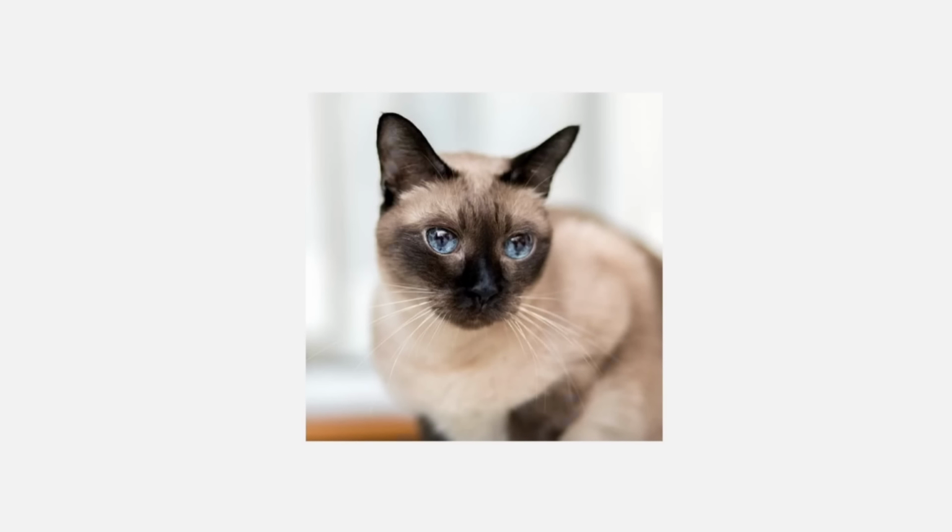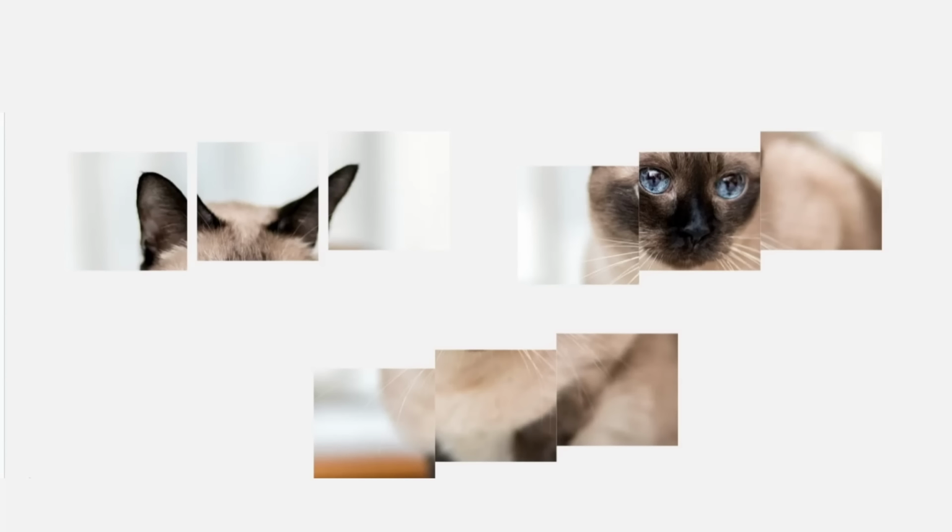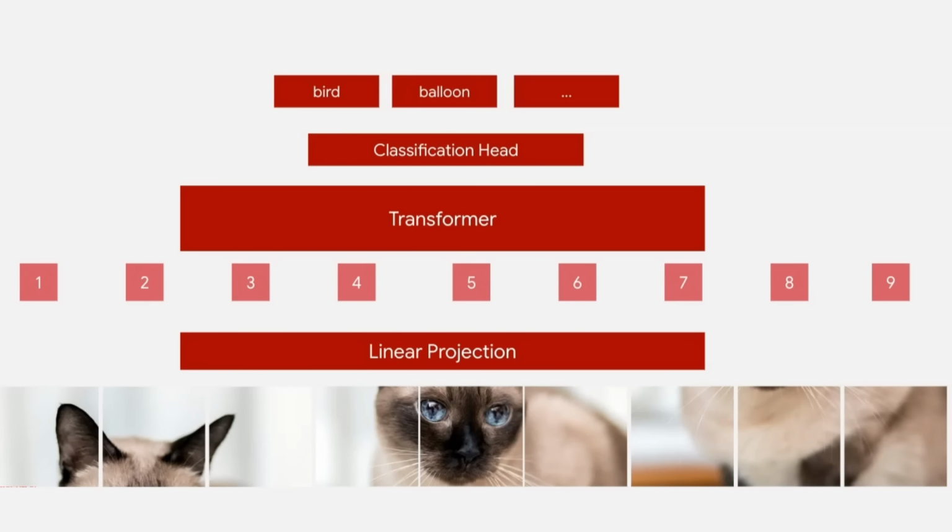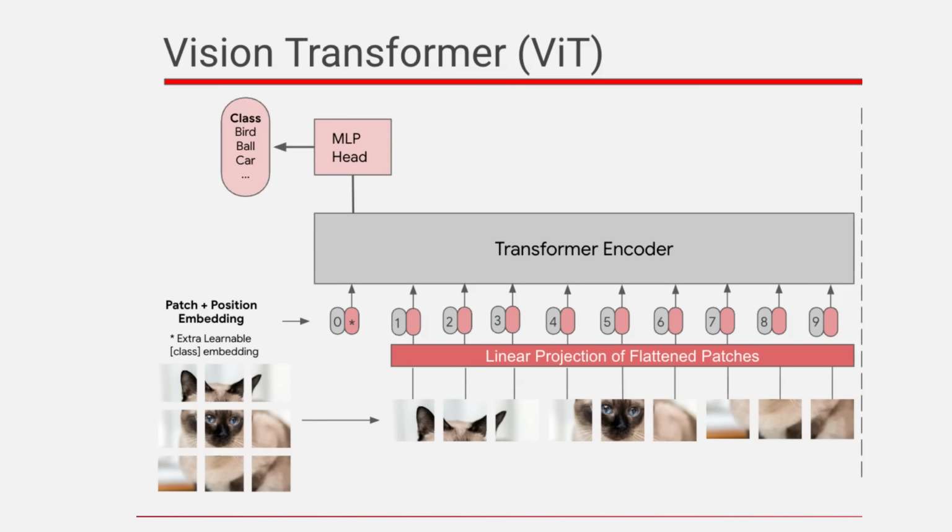Okay, so a quick recap if you don't understand how images in transformers work. One of the biggest challenges when you've got an image and you want to put it into a transformer is that you need to tokenize it somehow. So how do you actually do that? Well, you start off with an image like this and cut it up into little patches. Those patches then get converted individually into tokens. This idea comes from the original vision transformer model, where you've got these image patches, and each of these patches becomes a token.